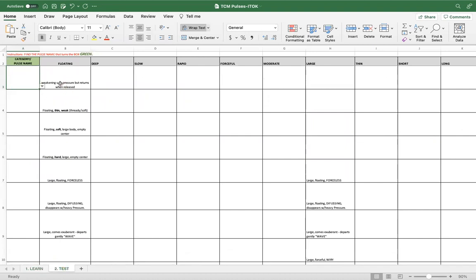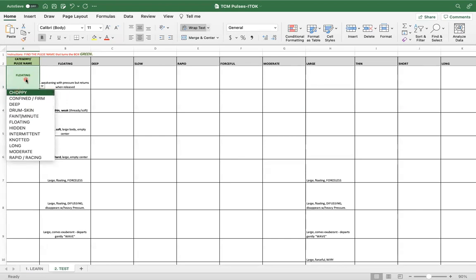then we go to the test mode, and the only instruction is to try to find the pulse name that turns the box green. So here we have, for example, the floating: a weakening with pressure but returns when released. So we know that the name of this pulse is floating. From this drop-down menu, we pick among all 28 pulses which one is the correct one, and they are sorted